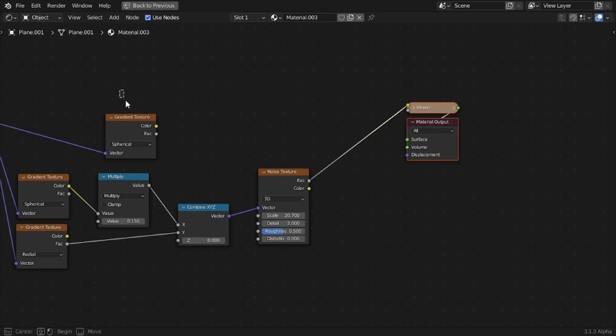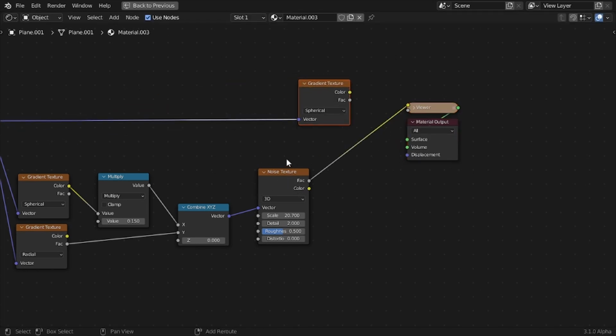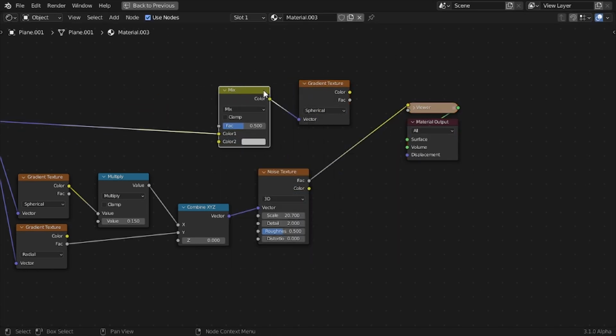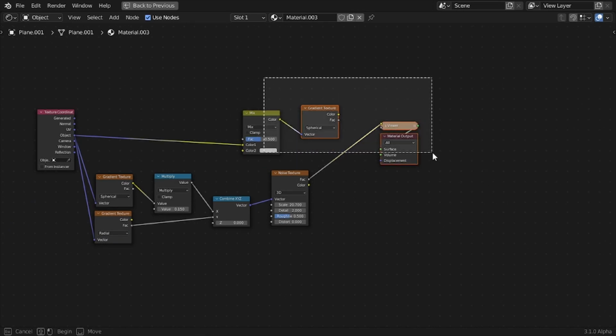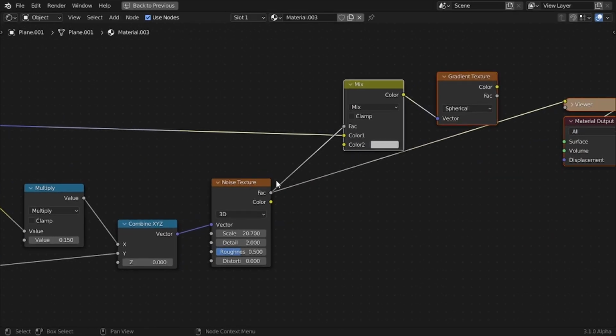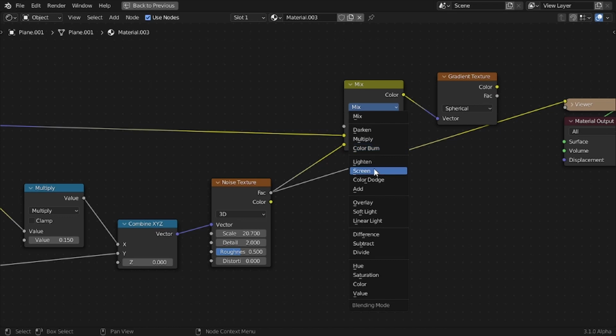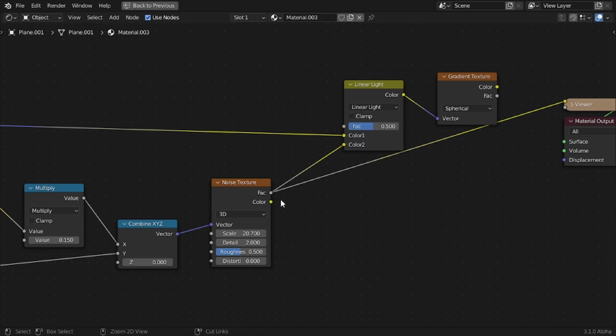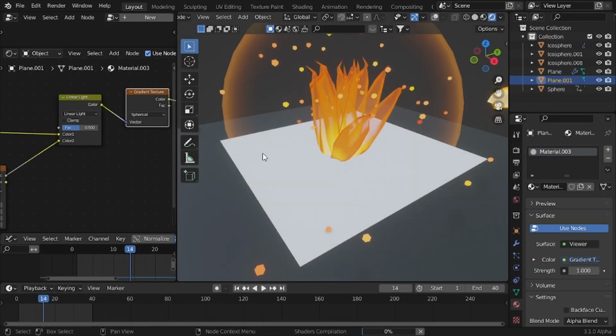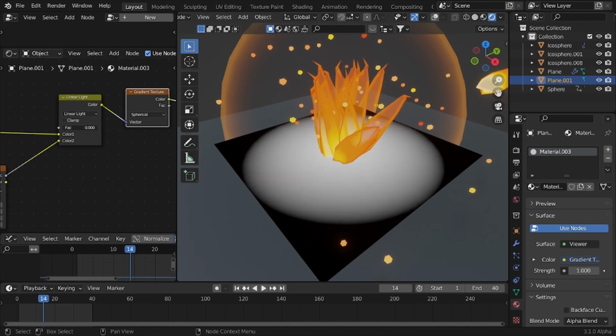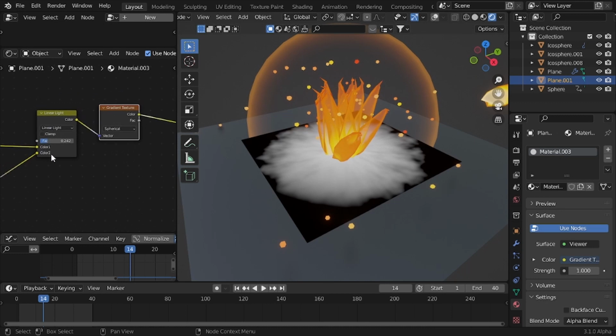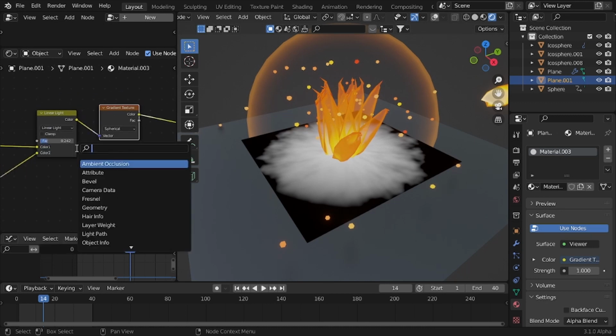Now we can use this to distort the coordinates of our original gradient. We'll just mix this with this. This will be the second color, and just hit a linear light. And take a look at this. There we go. We just distort it, and we pick a factor that we like, and then we can also